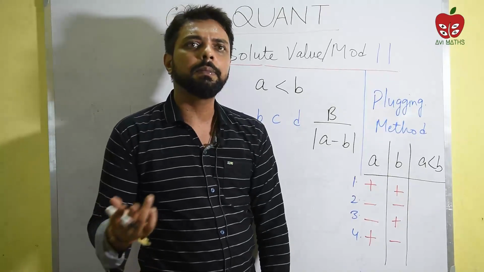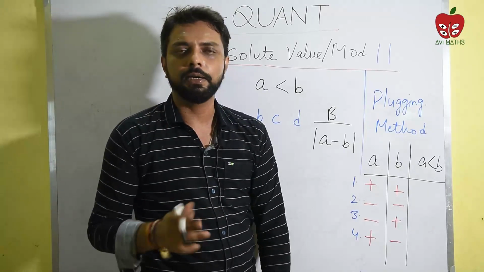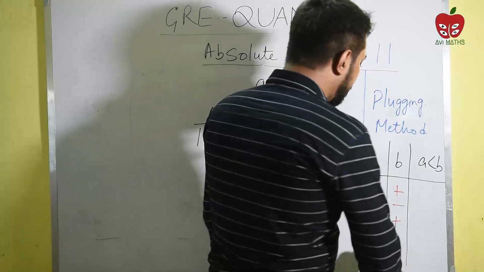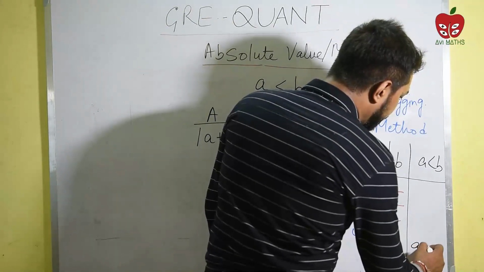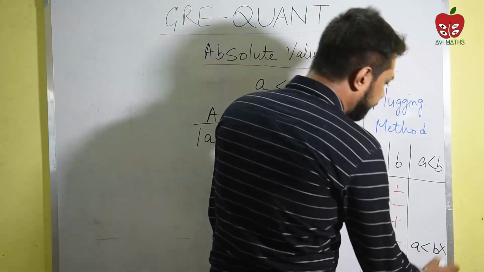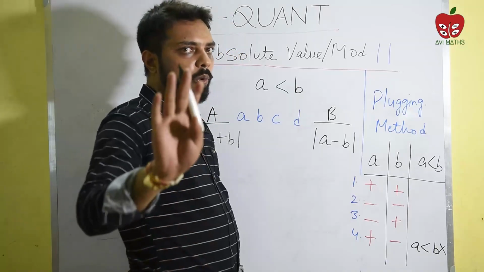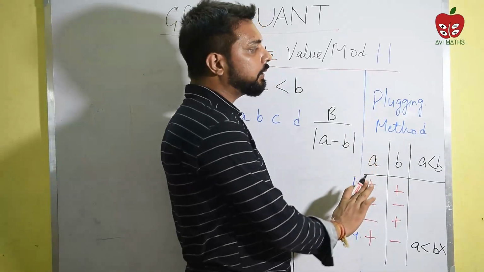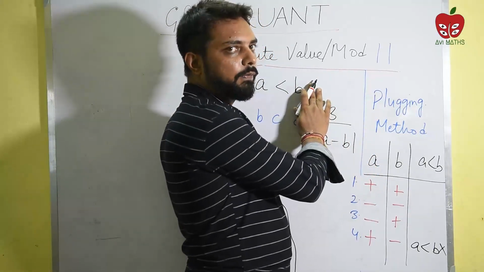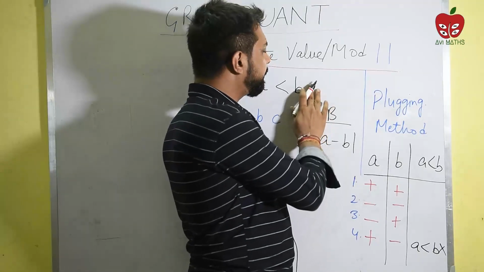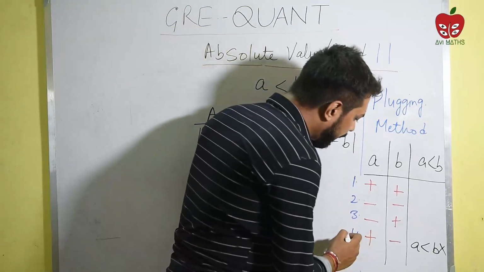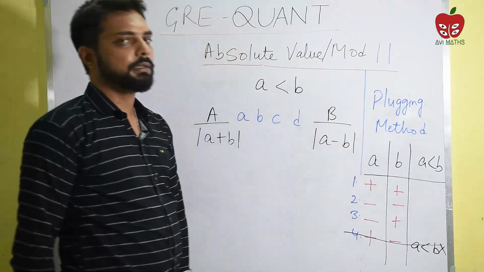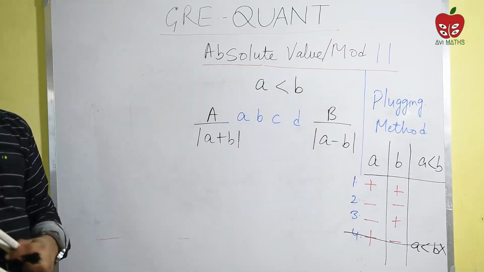No, it's not possible. How can a negative number be greater than a positive number? Right, it is not possible. That means for the fourth case, this condition is not valid. It is not fulfilling. And I told you, you can take only those cases which are going to fulfill the given condition. And the condition is B is greater than A. So you cannot take this case. You can remove this case out of that.